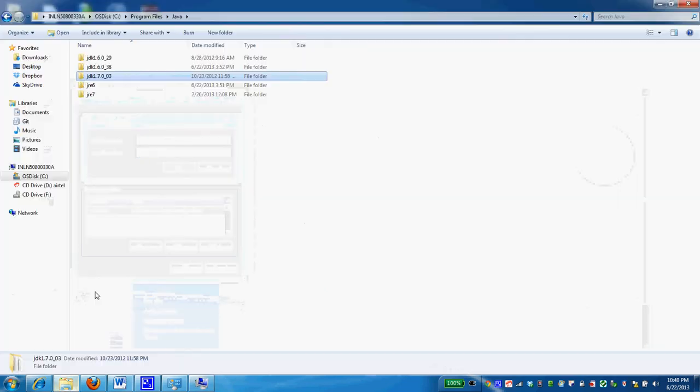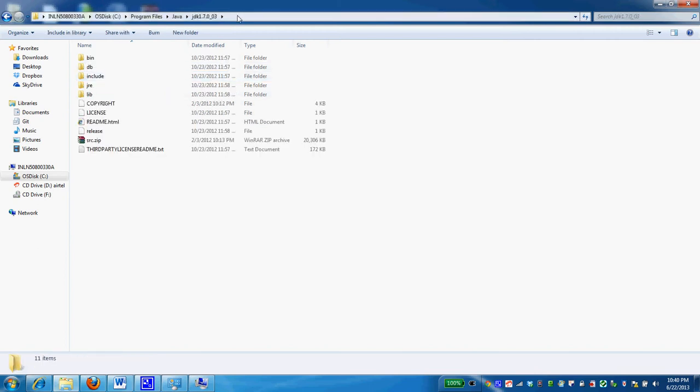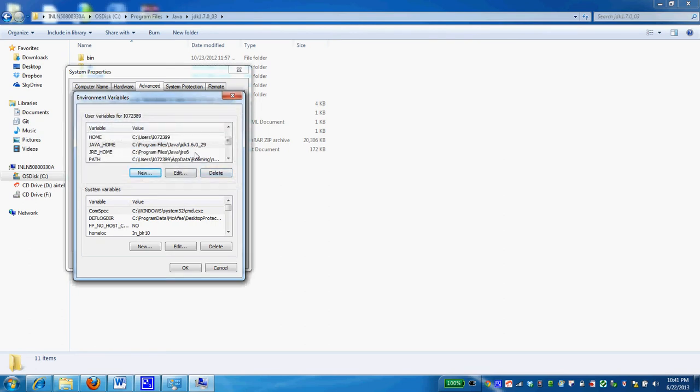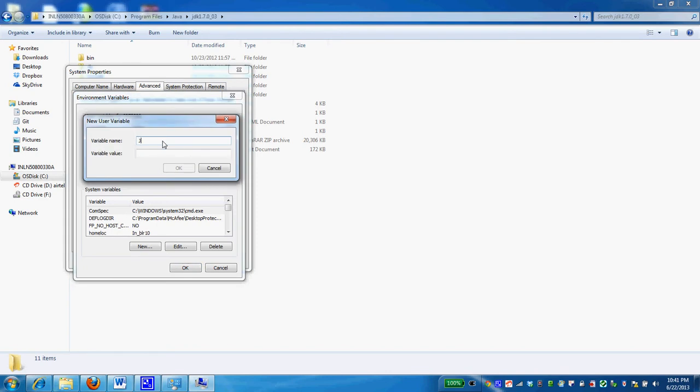Since you have installed the JDK, say for example JDK 1.7, you have to give the path of JDK here, and once you click on OK, this will be saved in your JAVA_HOME. In the same way, you can set JRE_HOME